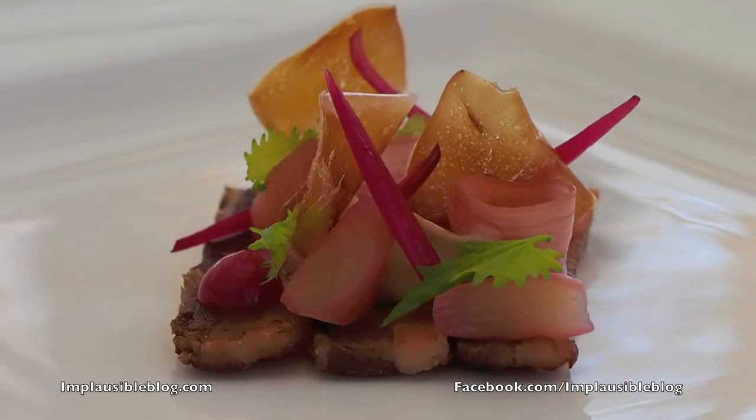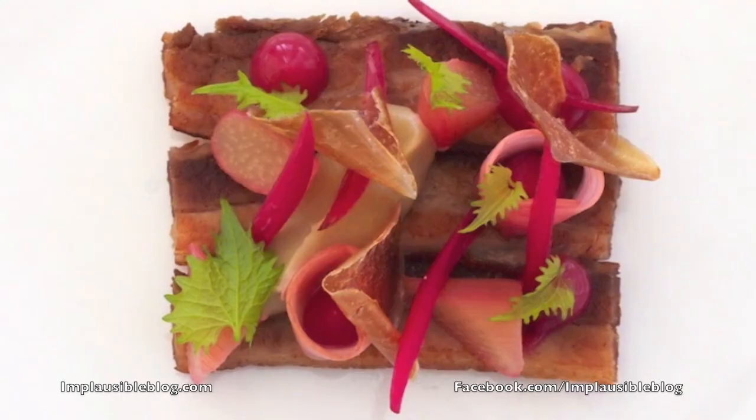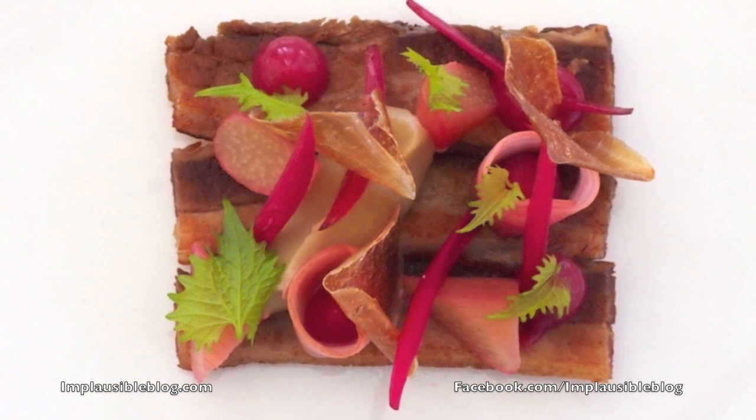Slow cooked pork belly, again braised, just very gently braised for a few hours, then we've pressed it and then we've sliced a few slices from it, pan fried it very gently. We served it with rhubarb for the acidity to help just lift the dish. A caramelized shallot puree, rhubarb which we've poached, a rhubarb which we've pickled, and obviously then a liquid gel of